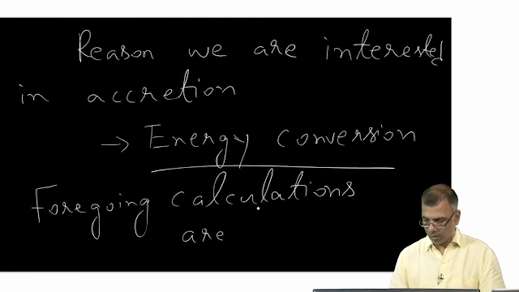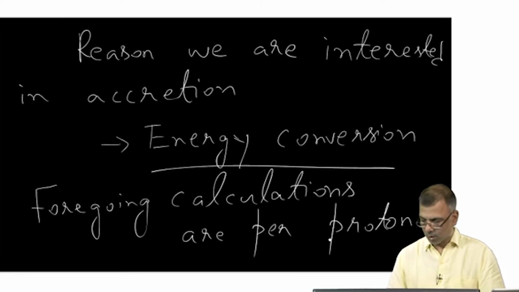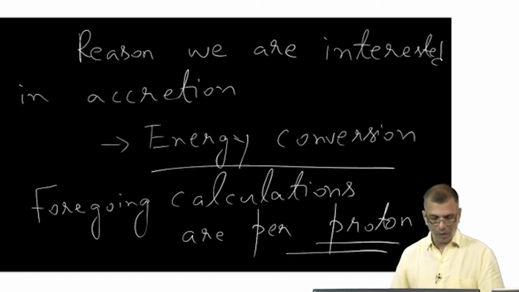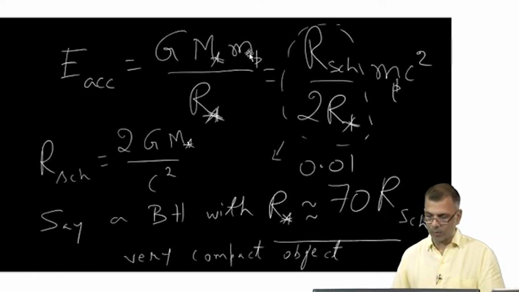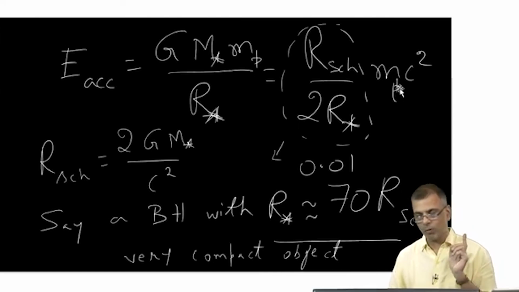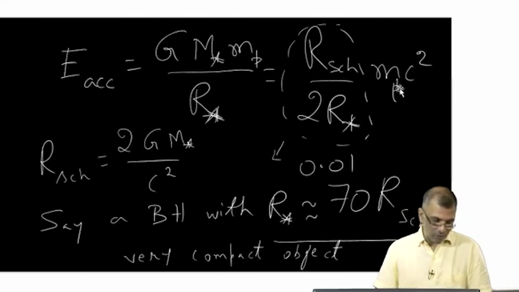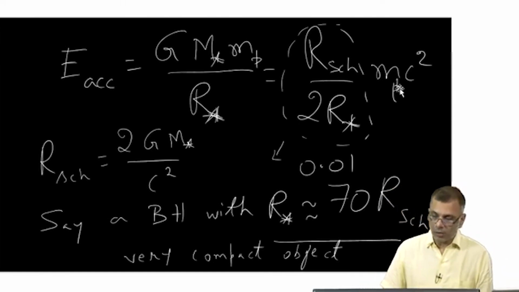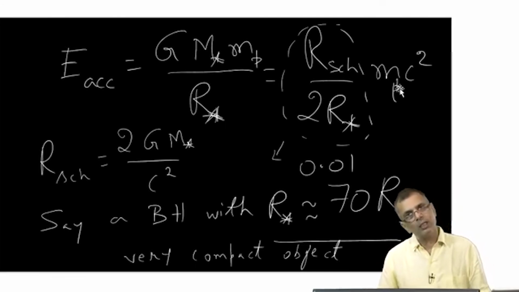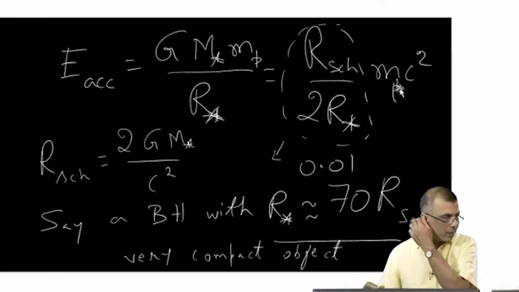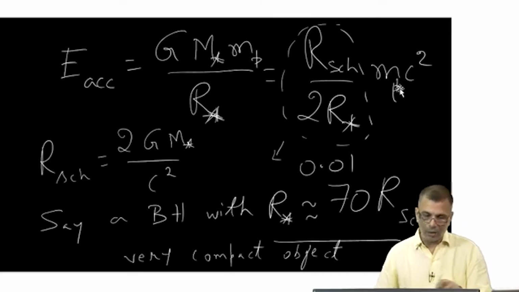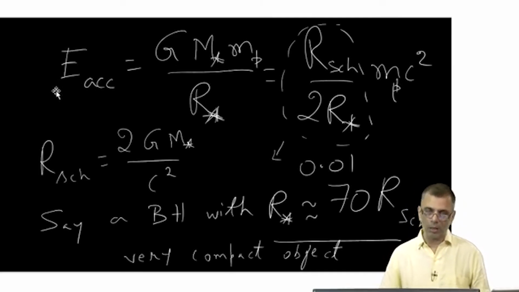R per proton, right? Because you see, everywhere I wrote m sub p. So, all of this is for one proton. Now, naturally you can say, suppose I try to create a large amount of matter, many protons. Naturally my E accretion will grow. Okay. So, in particular, what if